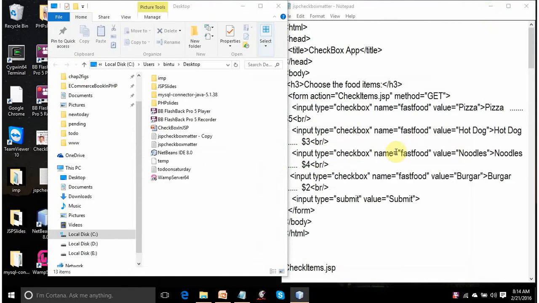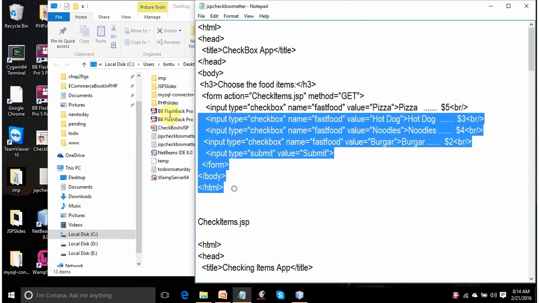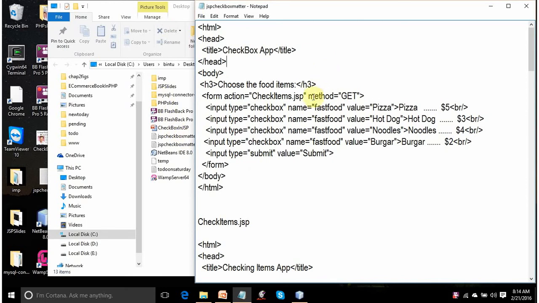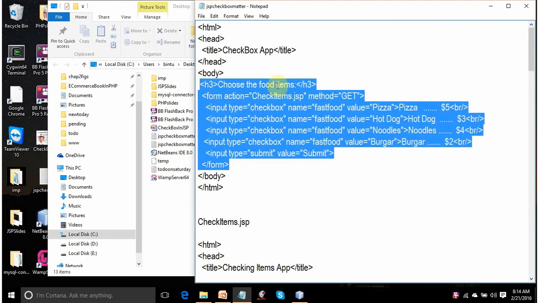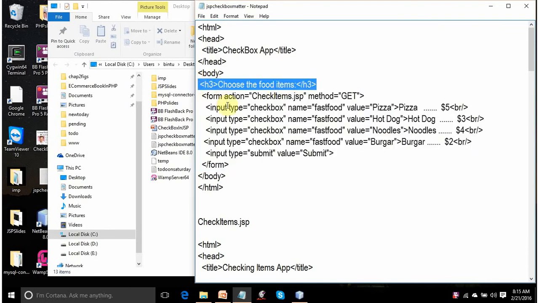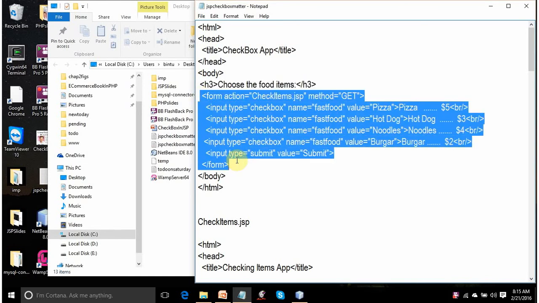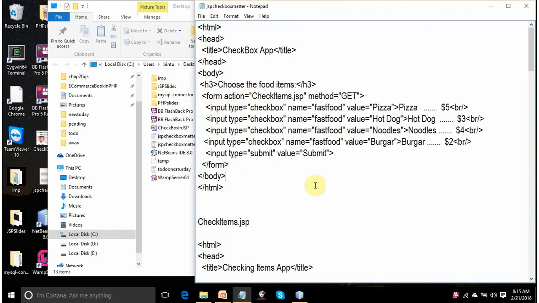Here I have already written some content for you. This is a simple HTML program which is displaying certain checkboxes for you. You can see that these are simple HTML tags. In this body element, you are finding that there's a title in heading 3 size, Choose the food items. After that, there's a form. This form is sending all your content to one file, checkitems.jsp, and the data will be sent through the get method.